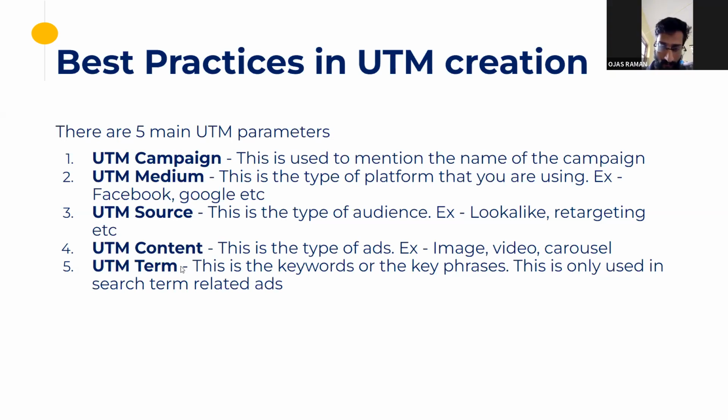Okay, thanks. So, the keywords are not always searched as the exact match, right? I did not say the search terms, I said the keywords. For example, if someone searched for digital marketing course in Mumbai, but got triggered from your phrase match digital marketing campaign, in your UTM term you will see digital marketing campaign in phrase match. Not the exact match, you will see the keyword that got triggered, not the search term. So you can identify which keyword is getting triggered for which search term. Yes. Thanks, works well.